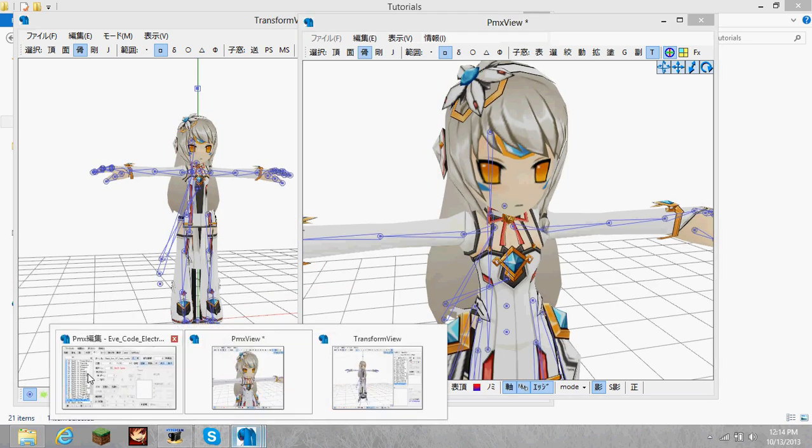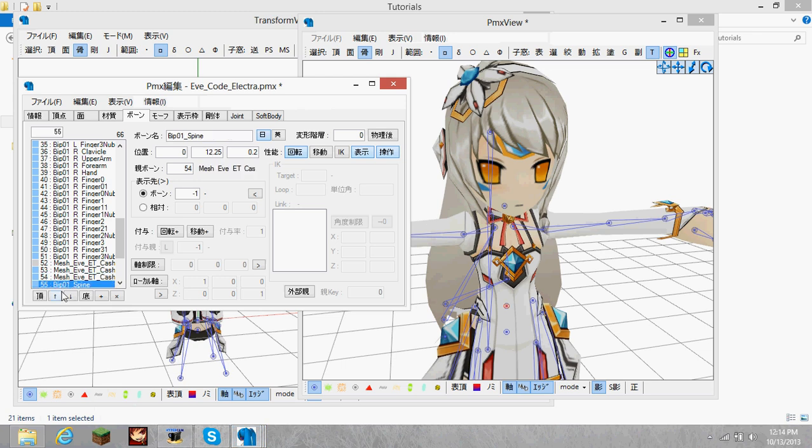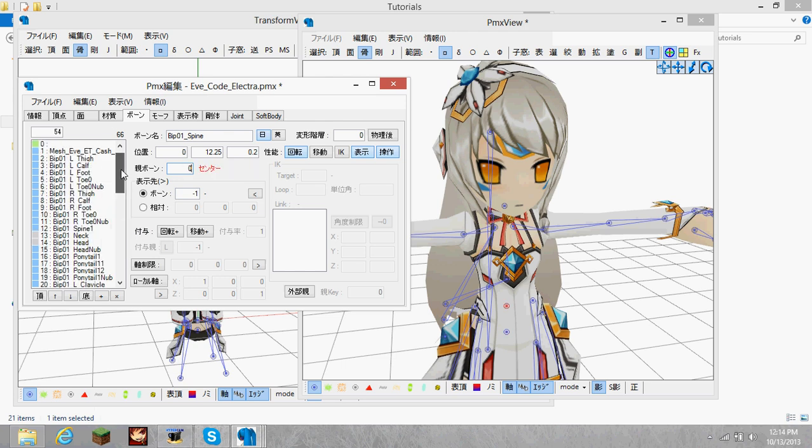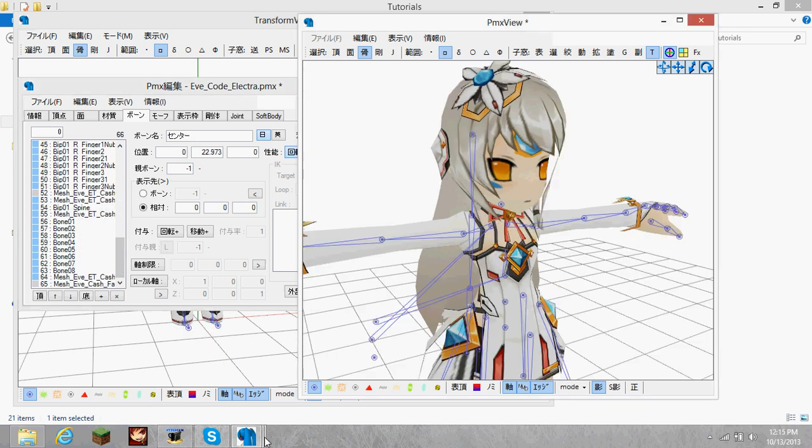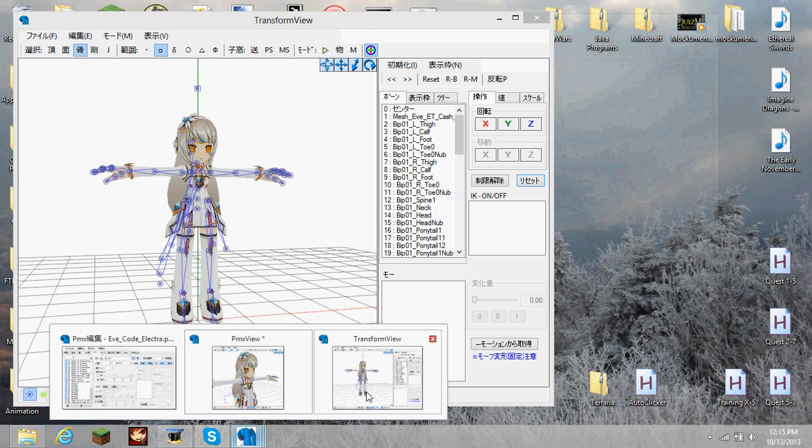So to fix that, you're going to have to select spine 1 and move it above the other one. So now, confusingly, spine 1 is attached to the lower body. You're going to instead want to connect this to 1. 1 is actually, no, 0 is the representation of the center. So 0 represents the center. It only moves in accordance with the center. Now we're going to go to transform view. I know that probably didn't make too much sense, but